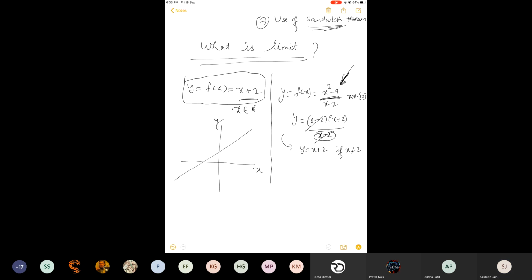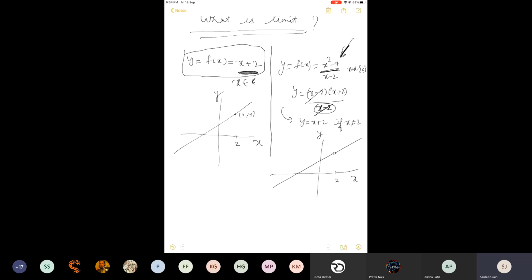Here is x equal to 2? Yes, no problem. But we cannot put x equal to 2. So you cross it. You write y equals x plus 2, but under this restriction. Now what will happen? Obviously, the graph will differ. Where? At this point. In the first situation, at x equal to 2, you are getting 4, right? Here, you are not allowed to put 2. 2 is in the open interval. Domain is all x except 2.